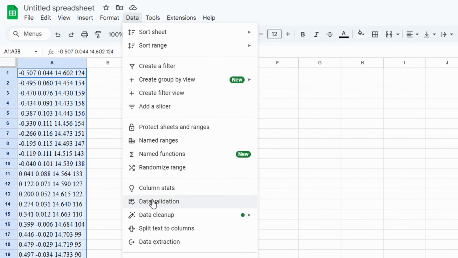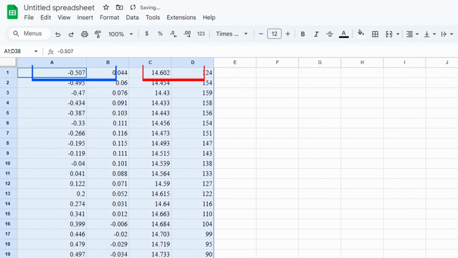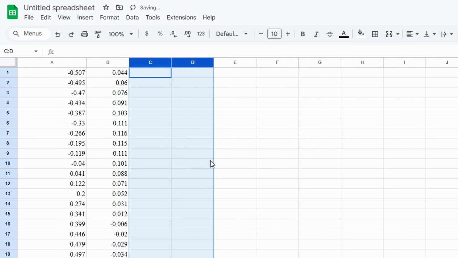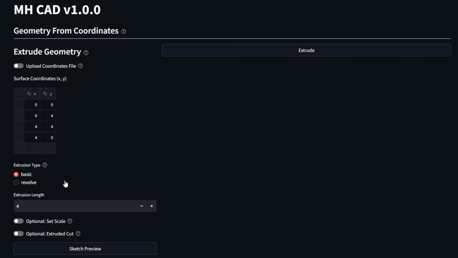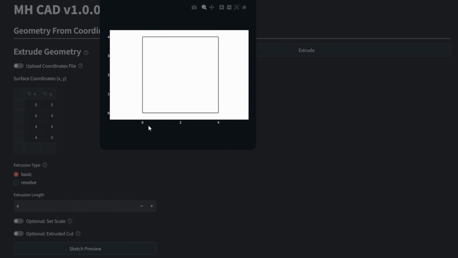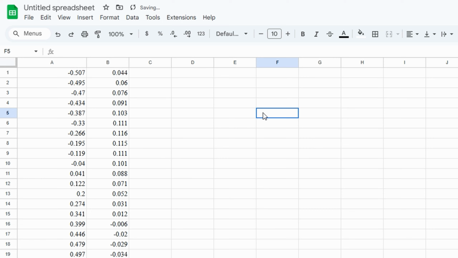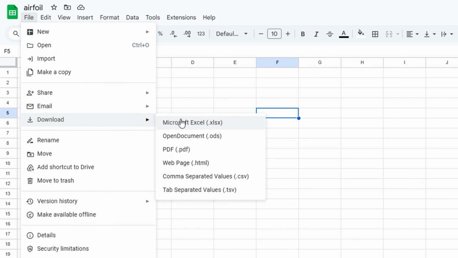For the app to work correctly, you must keep only two columns containing the X and Y coordinates, and they must be in order. For example, to create a cube, you'd need to extrude a square geometry, and the points must be connected in the right order, each point linking to the previous and the next one. In this case, the coordinates aren't exactly in order since the top contour points of the airfoil are separated from the bottom ones. However, it will still work, as I'll demonstrate.